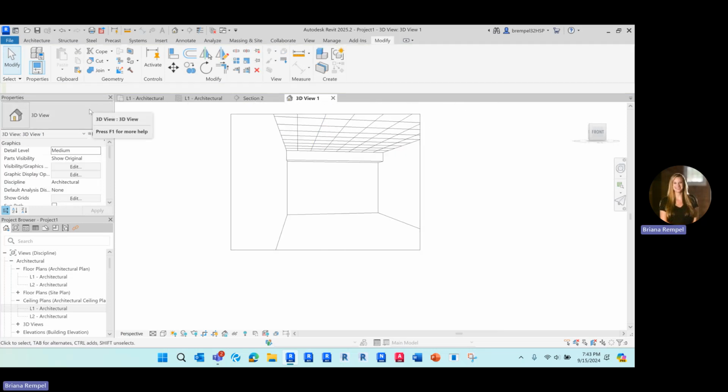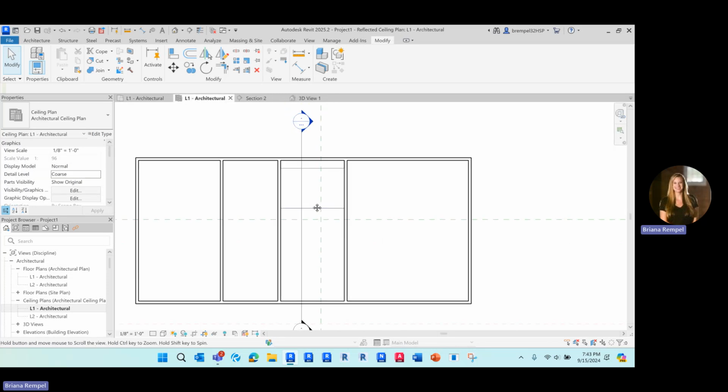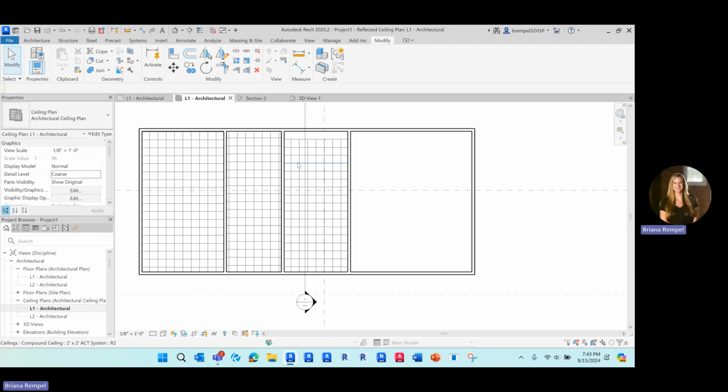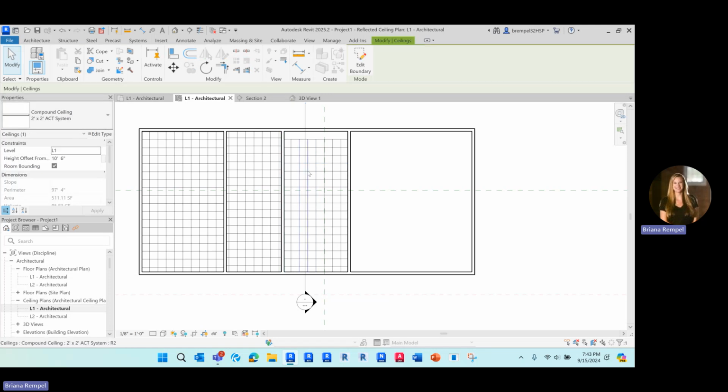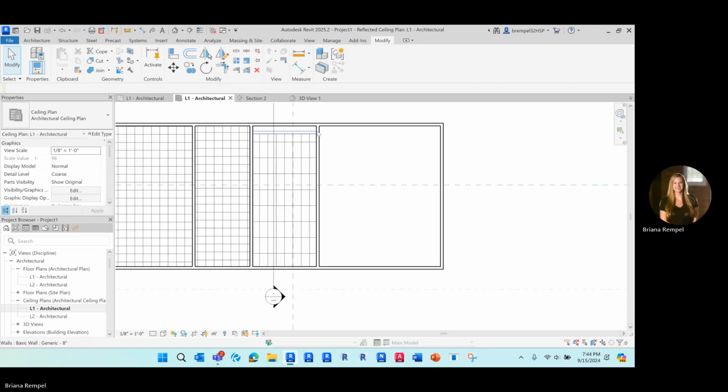And then if I wanted to create one all the way around a room, maybe I have a border, then I can, let's go back to my ceiling plan. All right, and if at any point in time too, you want to switch these ceilings, you can easily, just as you would for a floor or a wall, grab it and then switch it over to a different type. All right, but let's say I want to soffit all the way around this